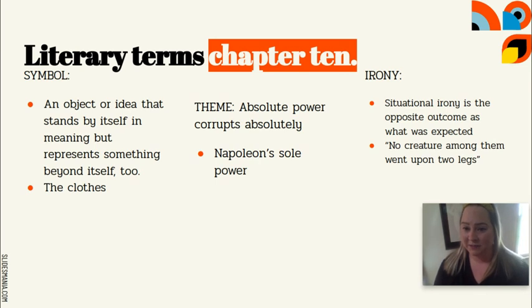It's stated in chapter 10 that the animals were comforted by the very fact that at least no creature among them went up on two legs. And then it further goes on to say that no creature among them required the other animals to call him master. And just a few sentences later, that all comes to a screeching halt. We would expect that the animals would be equal, and we would certainly expect that animals would walk upon all four legs if they have four legs. However, that is certainly not what happened in chapter 10.